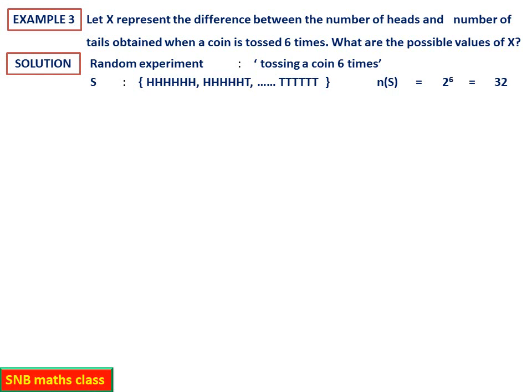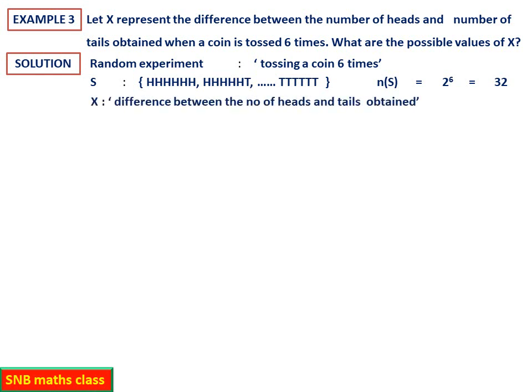So you can see here, students, please note, whenever you are studying probability, it is always better to revise permutation and combination. See here, why is it 64? Because in the first toss there are 2 choices. In the second toss once again 2 choices, like that. Using the fundamental principle of counting, it is 2 into 2 into 2, 6 times. So n(S) is 64.